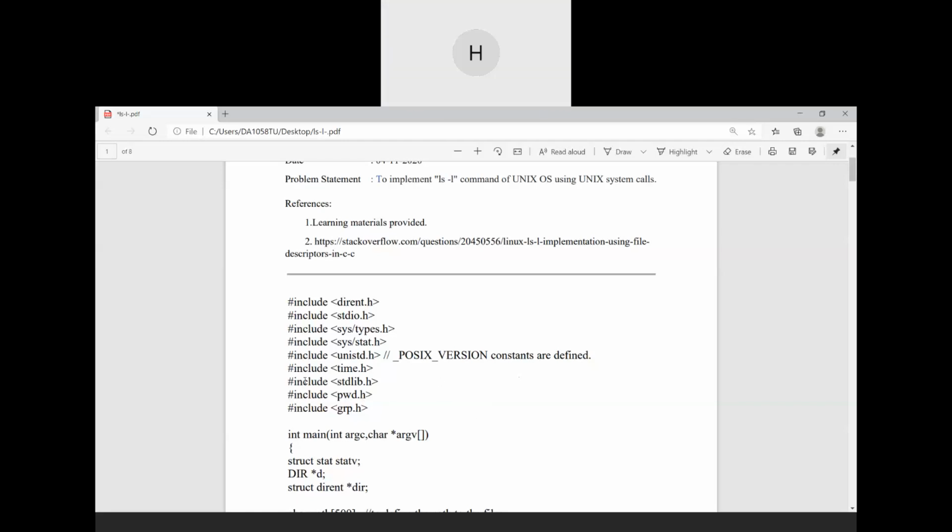Yes, sir. So this is the program to implement the command ls -l. These are the libraries. We use the dirent.h library as the dir stream is defined in it, and we use stdio.h because the input output functions are defined in it.